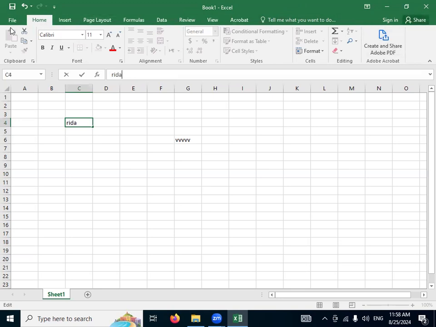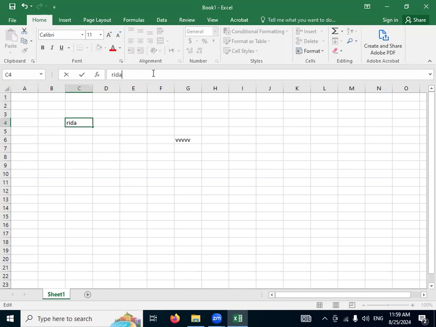The next one, the area where the font style is mentioned, up to here: clipboard, font, alignment, this row. This whole area is known as the group or ribbon, where different options and shortcuts are given to you, which you have to use during your typing. Next, this box is called the name box. Okay? It displays the address of the highlighted cell.